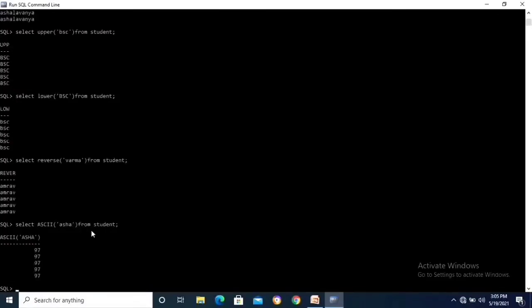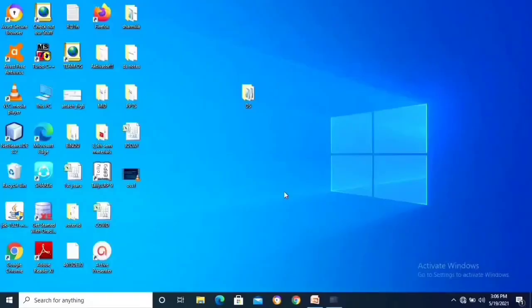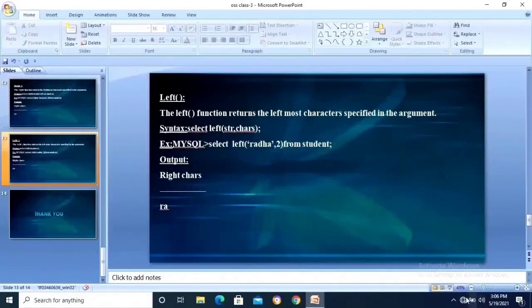Semicolon, enter. Okay. The ASCII function means the first character A has the ASCII value 97. So these are the string functions in MySQL. So next, back to the page, type exit, enter. So these are the string functions.